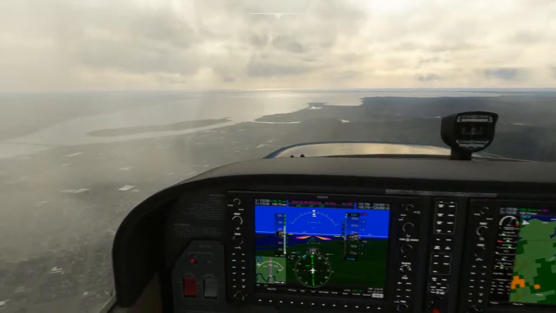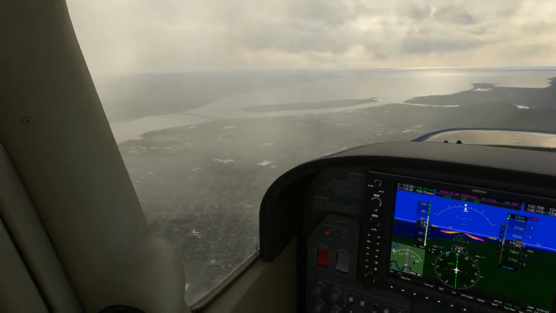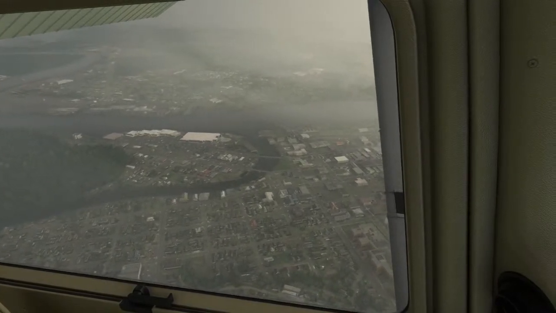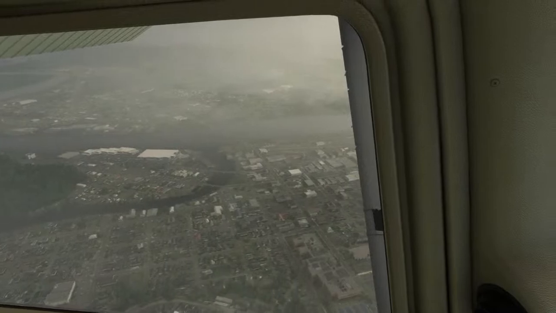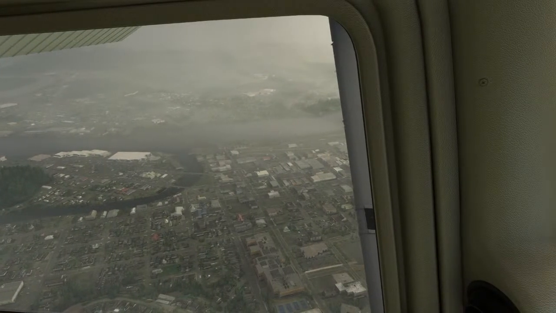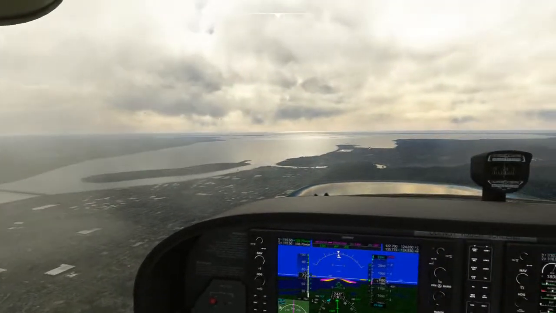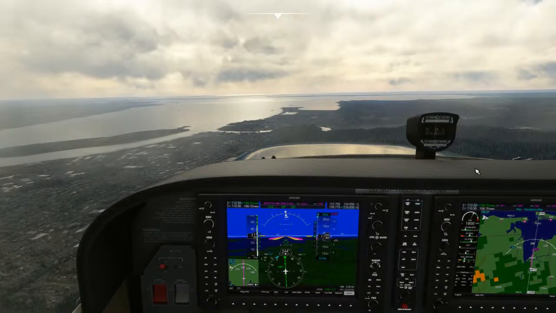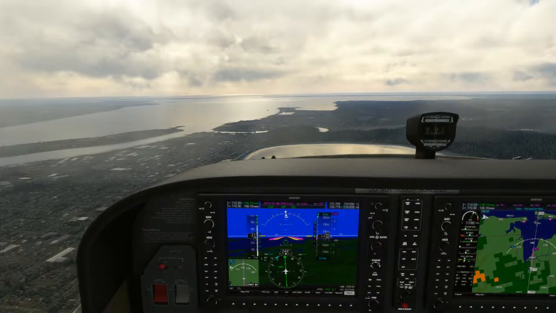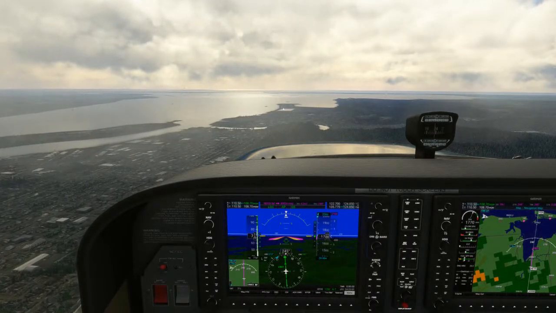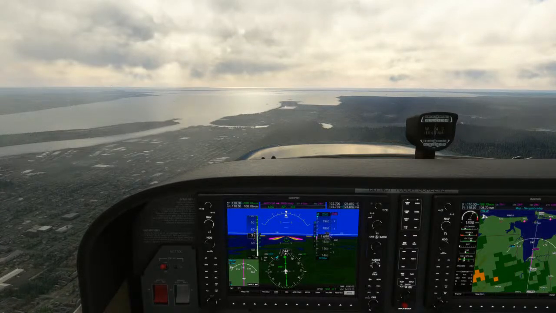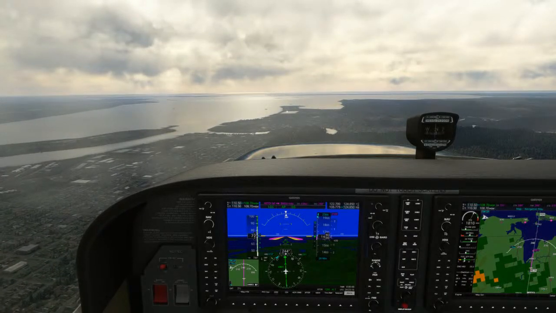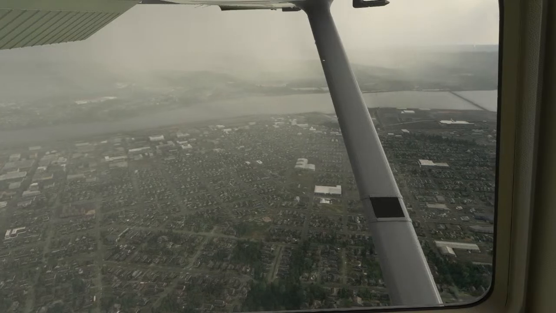Got Hoquiam right there to our left. I don't know if that's photogrammetry or if that's Black Shark AI, but it looks real. I mean, it's just amazing what they can do with the buildings. Bremerton is Black Shark AI, but stores like Fred Meyer are shaped the way they're shaped, and even though it's not photogrammetry, it's certainly buildings shaped like they're really shaped. But my house is pretty much shaped how it is, even though it's not photogrammetry. So